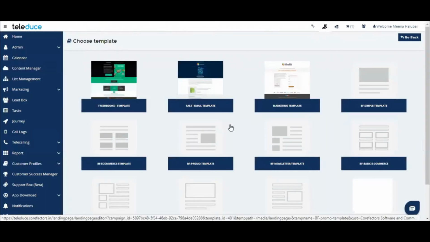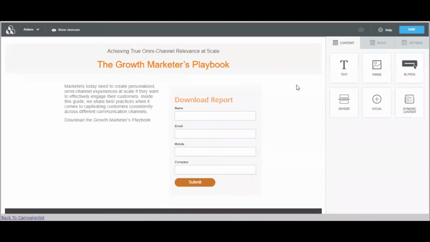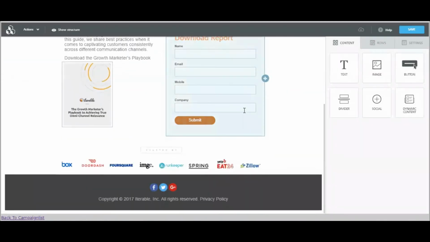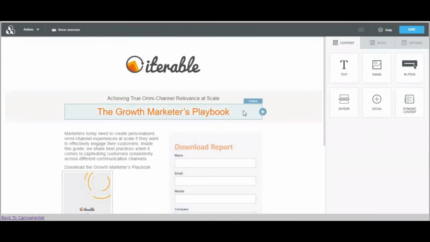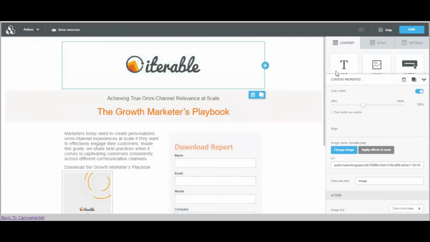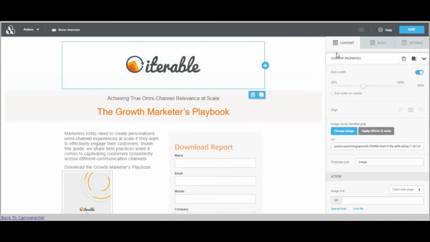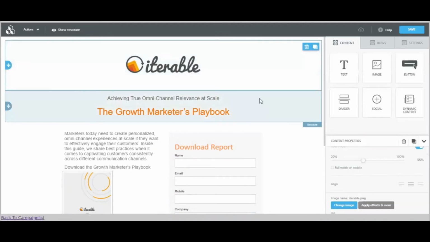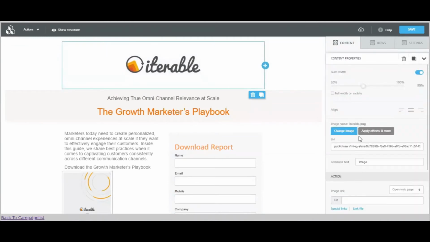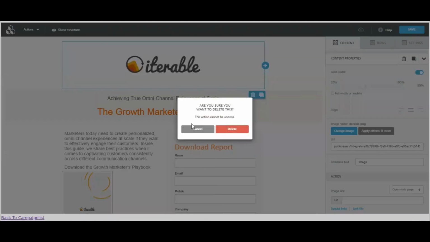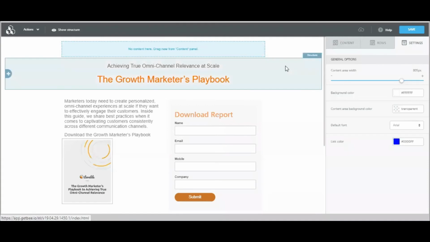Now I have to choose a particular template where my team or my clients will be able to fill in this information for me, through the BeFree editor. This is a sample landing page. You can utilize this, or you can drag and drop the information as per your convenience. So I'm just going to delete this and add a text inside.